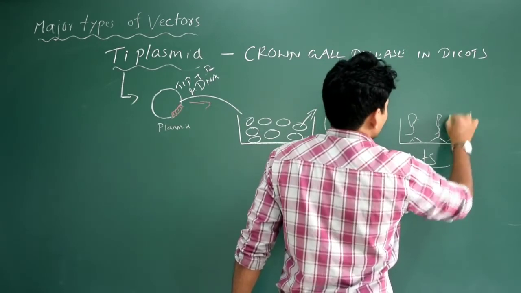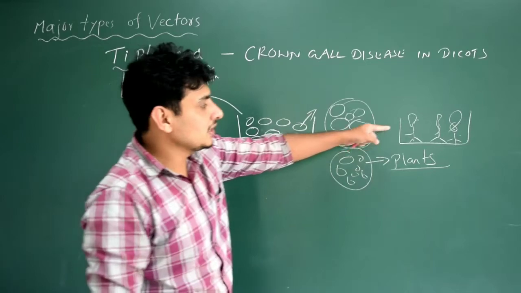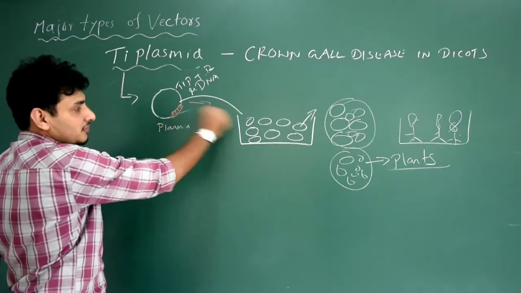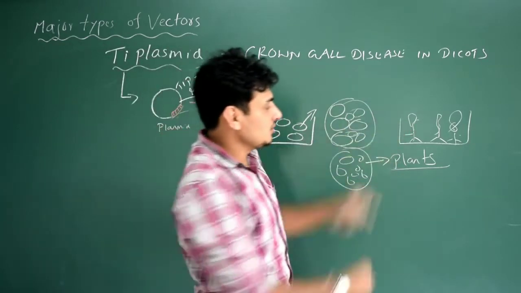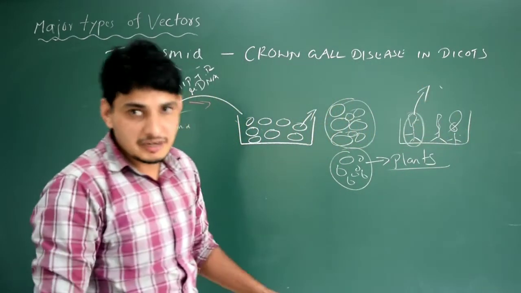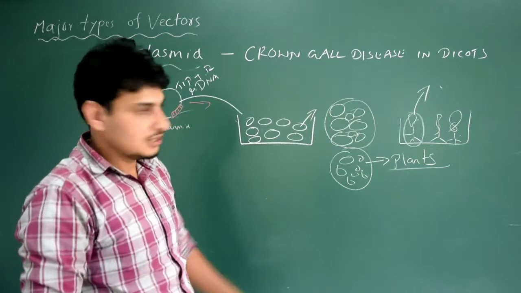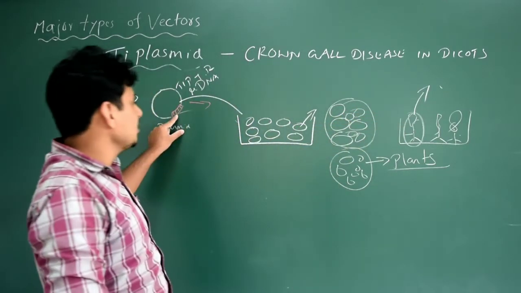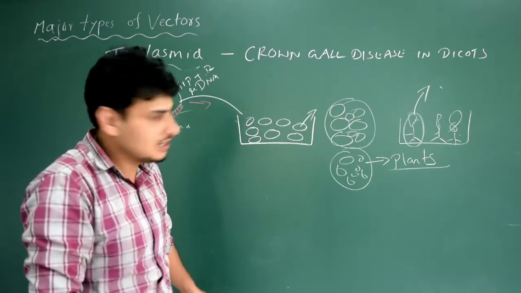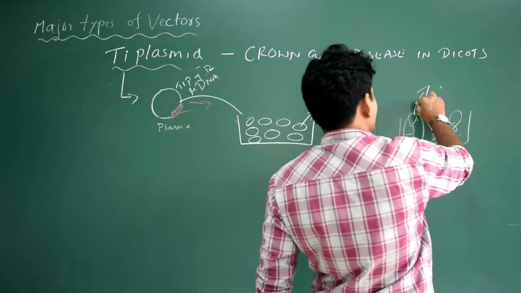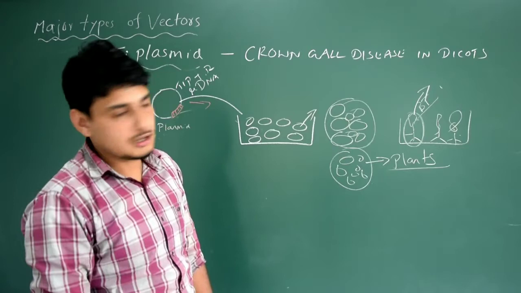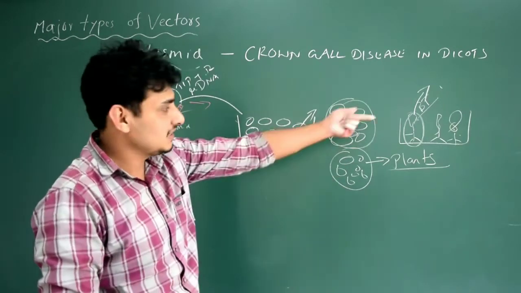So here, see, I am going to create a plant in laboratory conditions. At the same time, I have inserted the gene of interest into these cells. So this particular plant now can survive anywhere. It depends actually on what type of gene I have inserted. Got it? If the plant is inserted with a gene that produces certain proteins which act like a natural pesticide, then obviously this plant will be pest resistant. That is a Bt plant now. So I have produced Bt plants, biotechnology plants, or genetically modified plants, GM plants. See, this is it. Done.